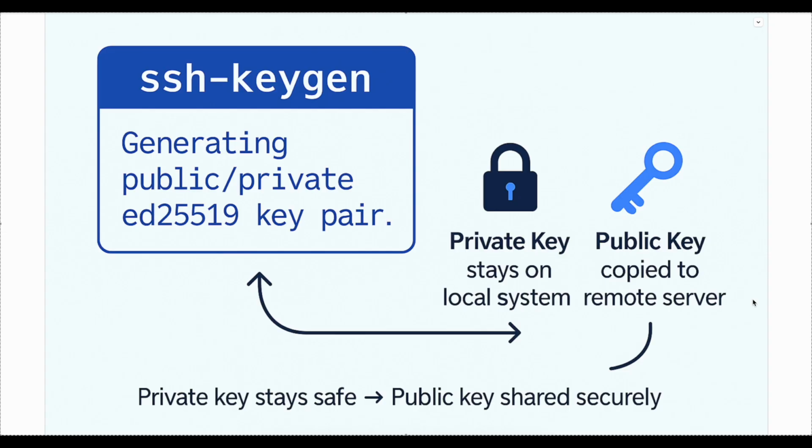When you use key-based authentication, the first step is to generate a key pair. That means one private key and one public key. We can do this using a simple command called ssh-keygen. This ssh-keygen creates two files, a private key